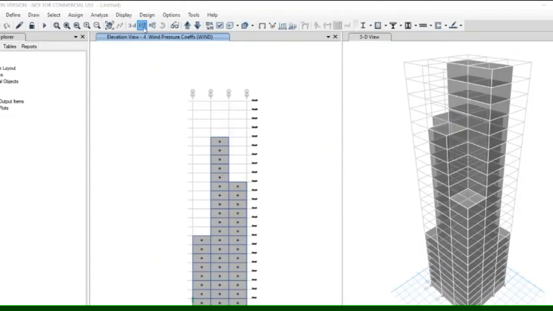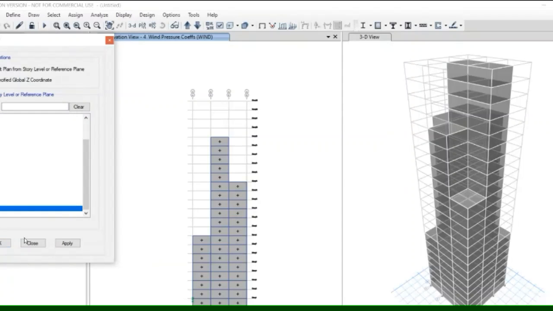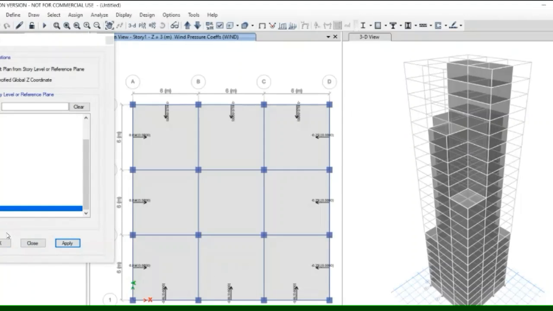After done, now go to story 1. As you can see, all the load from all directions has been applied.